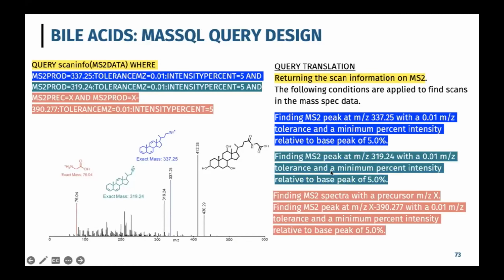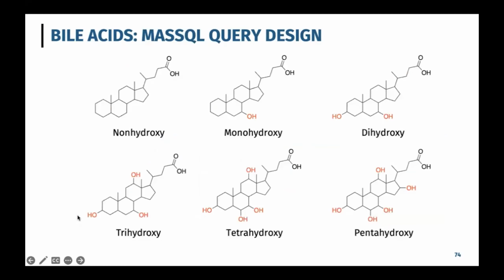it. The other thing that we did is that, let's say, okay, we do see these two ions. Now we have precursor masses. We know we're looking for trihydroxylated bile acids, so we can subtract the mass of this trihydroxylated bile acid to see what the delta mass is. And if we find that, we can report on it. So we built these queries for monohydroxylated, dihydroxylated, trihydroxylated, tetrahydroxylated, and pentahydroxylated bile acids. The most common ones that people know about are dihydroxylated, trihydroxylated, but clearly tetrahydroxylated and pentahydroxylated exist as well.